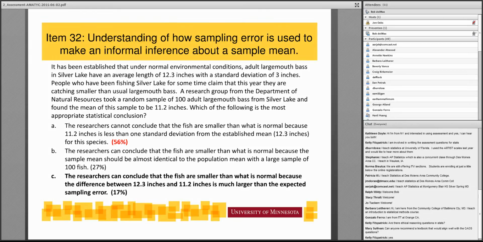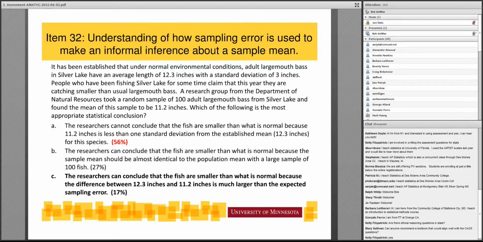And it doesn't matter whether the student is getting all the other questions right on this item or not, they tend to choose A and not C. And we have actually over the years tried to reword this, including in the stem, give them the standard error and try to point it out, and yet we still get the same type of pattern responses. So there's something about this item we haven't pinpointed.